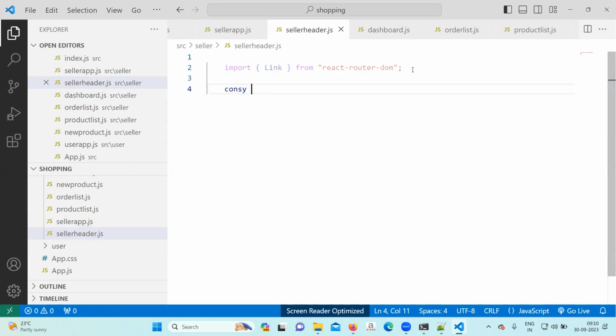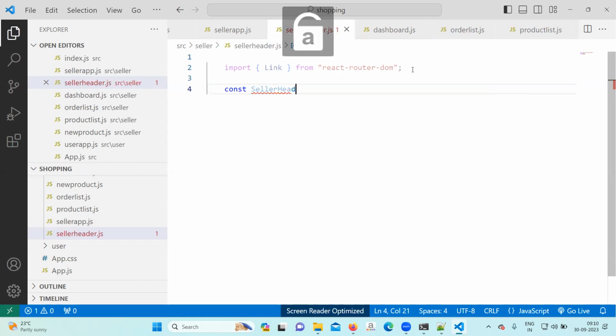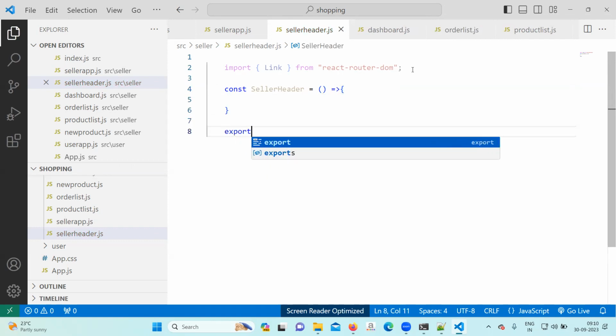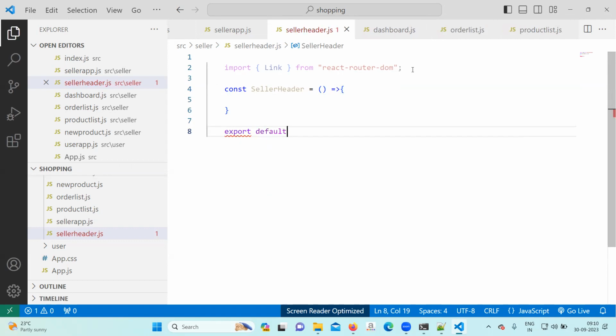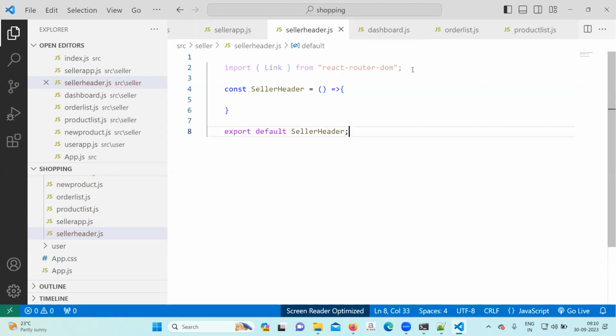Const seller header. Export default seller header.